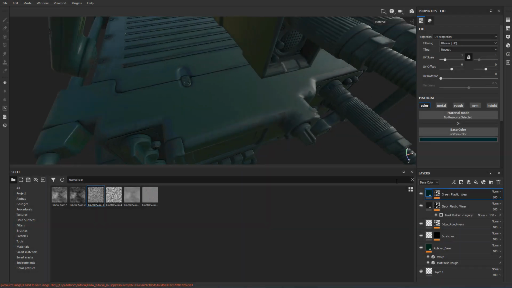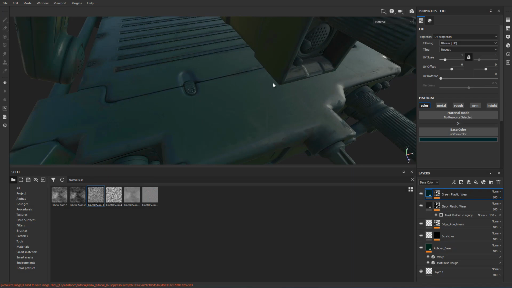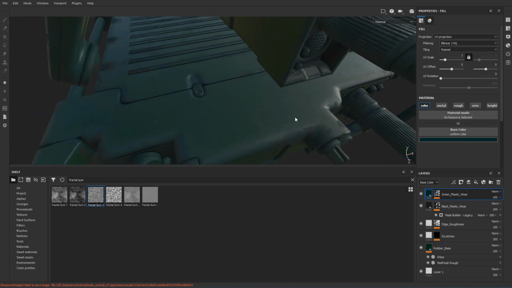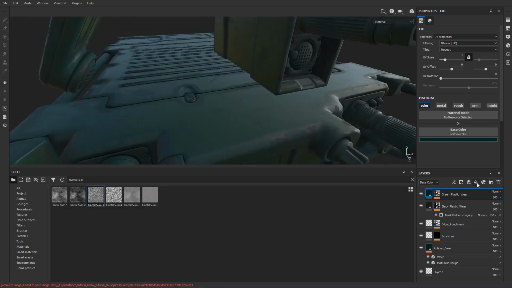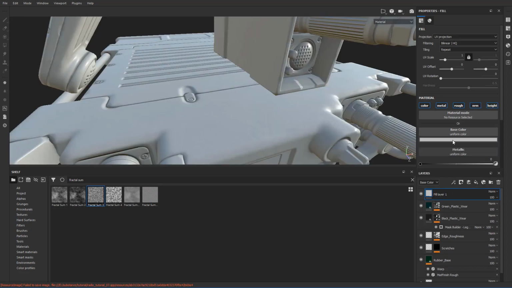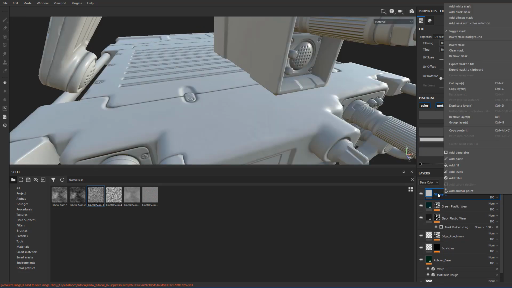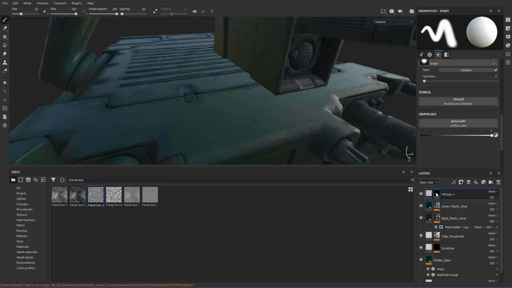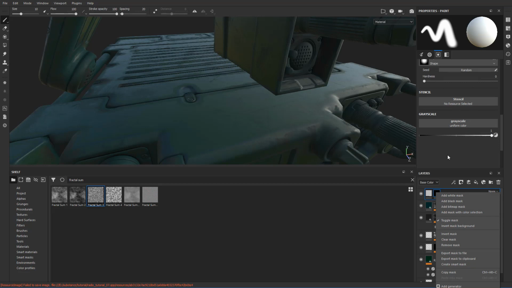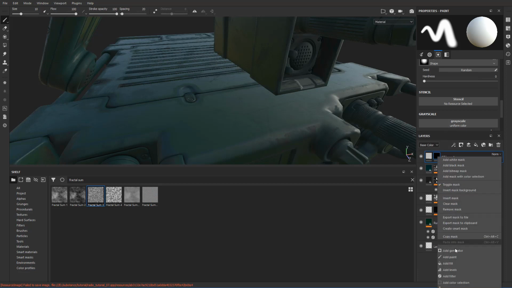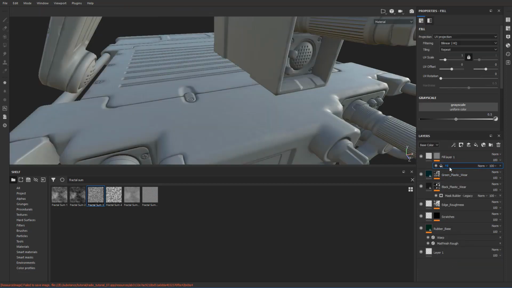Okay, the next thing I'm going to do is add some discolorization spots for the plastic material. In order to do that, we're going to add another fill layer, and then we're going to right click on it, and we're going to select add black mask, and with the mask selected, right click on it and then click on add fill. I know this is cutting off down here. Let me actually bring this up a little bit, and then you can see I'm just selecting add fill here. And then in this